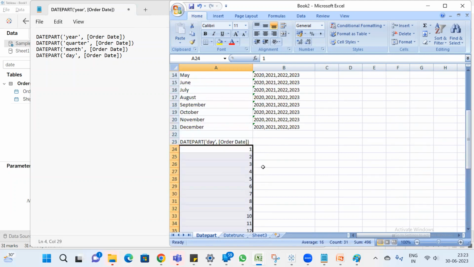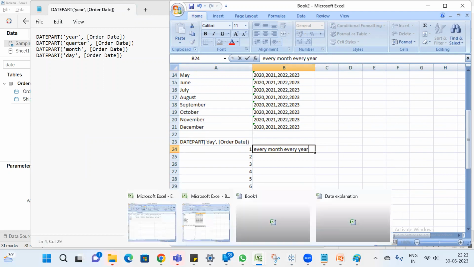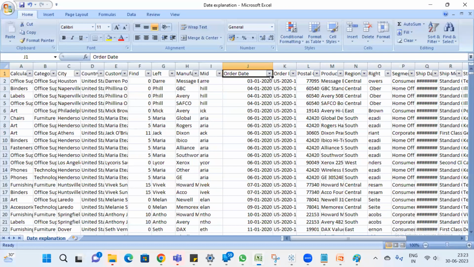Okay. So what will it have? One for every month, every year. So in January you will have one, in February you will have one, like that in every year, every month will have ones. So if you go and see in the date, normal data,